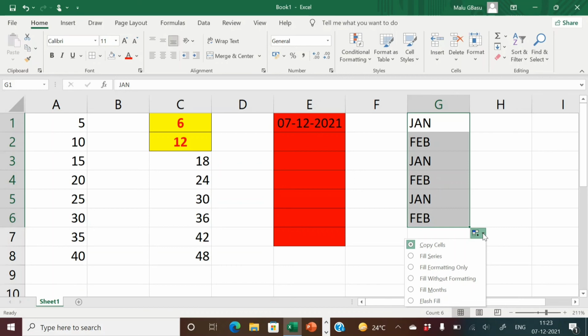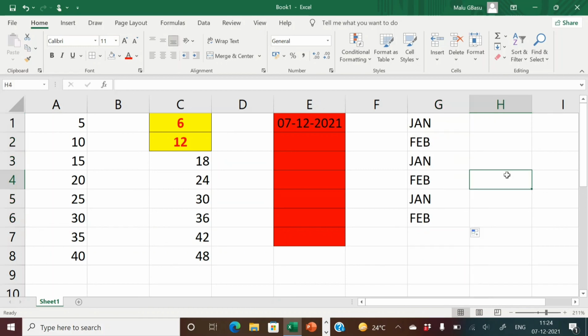I am copying the initial two cells to the other corresponding cells. This will happen when you choose the copy cells option from here.